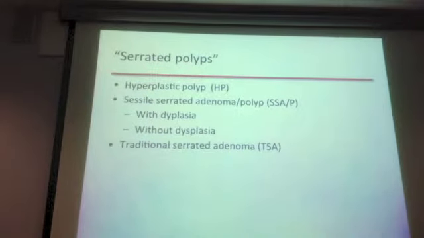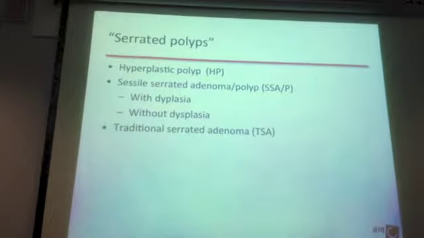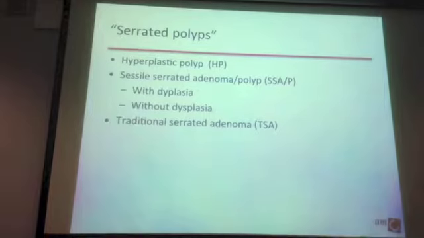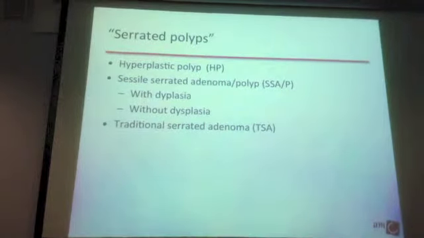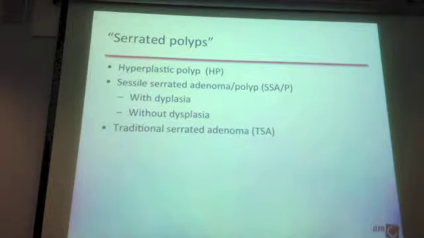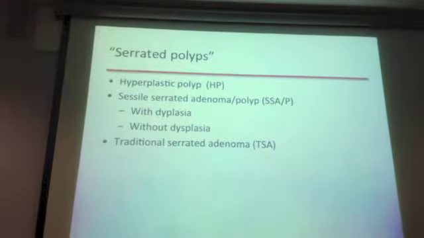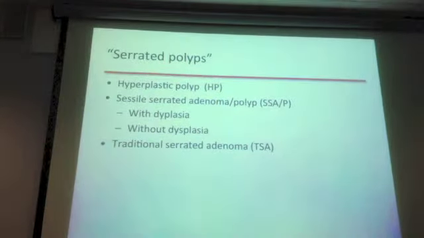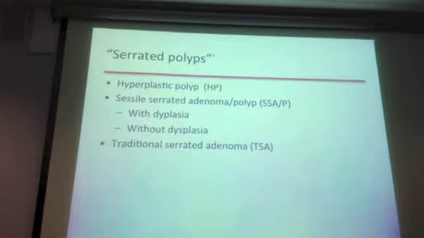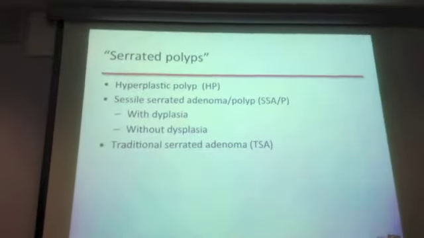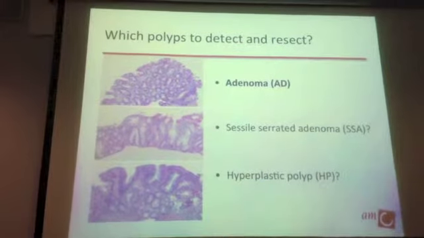Serrated polyps is the whole group of polyps together, being hyperplastic polyps, as well as sessile serrated adenoma/polyp, and traditional serrated adenomas. And of course this is difficult to remember, and things get mixed up easily, especially for the sessile serrated adenoma/polyp, which is a strange name, and also because sessile already says something about the Paris classification, and it's not. In this term, it's just meaning that type of histology that I showed you in the previous slide. So please remember well